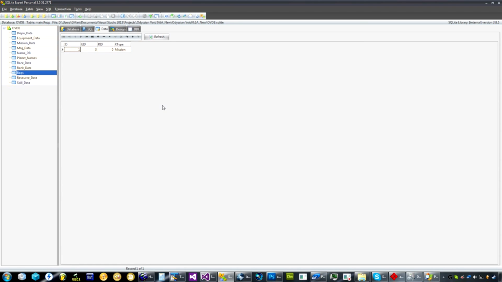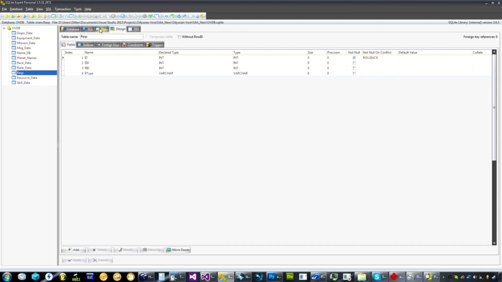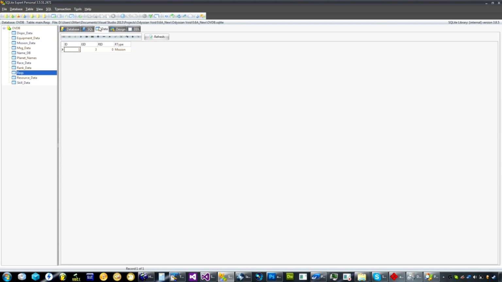And how this is going to work is it's going to be really relational, if you know what I mean, in terms of databases, where you have essentially this EID record here is going to be a foreign key, not a real foreign key. Well, can it do foreign keys? It can do foreign keys, but we're not going to be using relational kind of calls. So it's kind of a manual foreign key where I'm going to say, okay, so